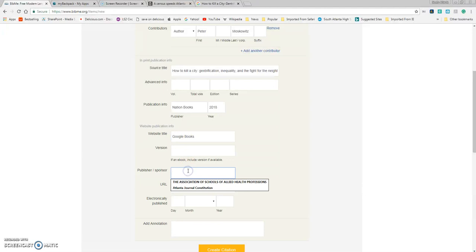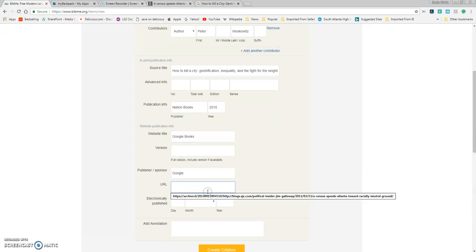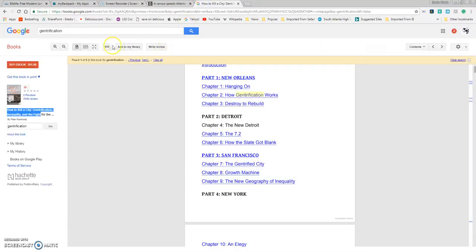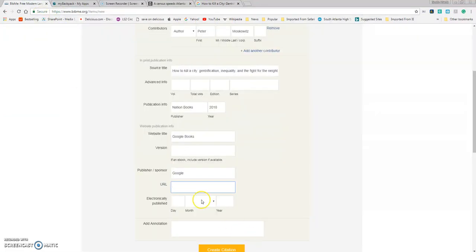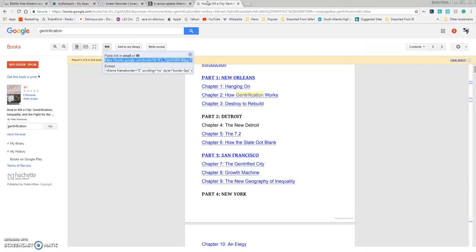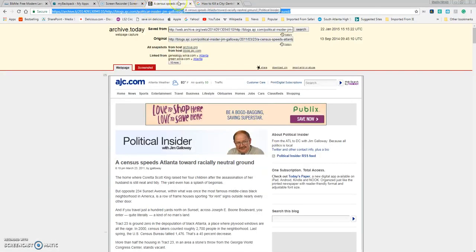And publisher or sponsor, I'm going to just put in Google. And the URL, I'm going to come up here, and there's a link right here. I'm going to copy that, paste it in my URL portion, and the electronically published date, let's go back and see if there's a publishing date there. I don't see one. So I'm going to leave it blank